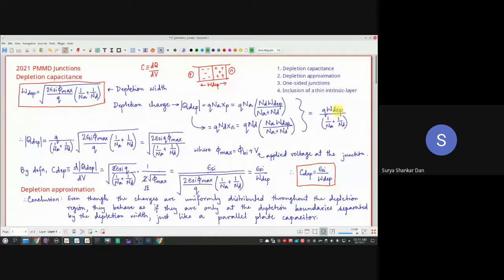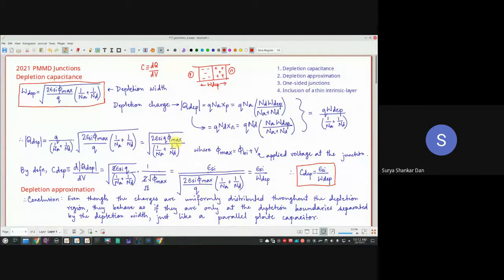ठीक है, तो अभी हमें यहाँ पर कैसे निकालेंगे? Very simple. Instead of this W dep, I will simply insert the equation of W depletion which we had calculated in our previous lecture. ठीक है, we will simply plug it in over here W dep के जगह पे. So basically this is q times 1 by NA plus 1 by ND, root over this W dep. ठीक है ना, कोई दिक्कत नहीं है. The reason why I want to do it is because I just want to ensure that this phi max factor comes into the picture.